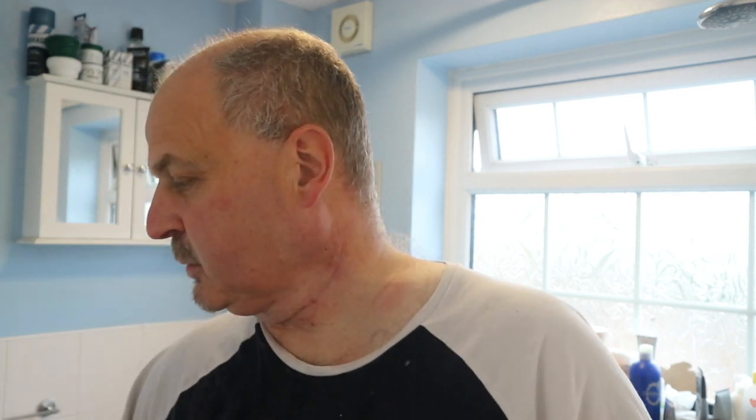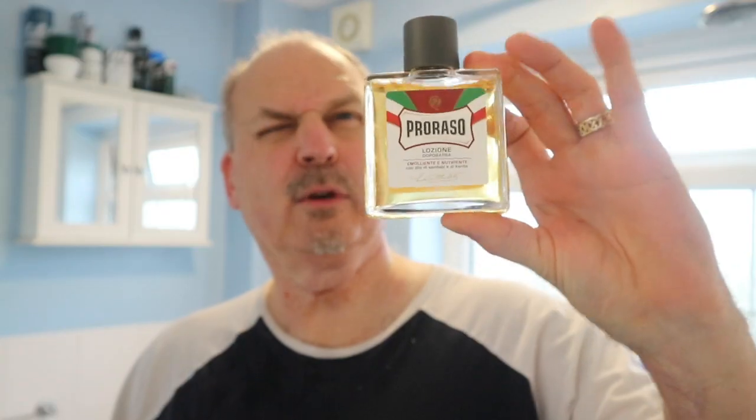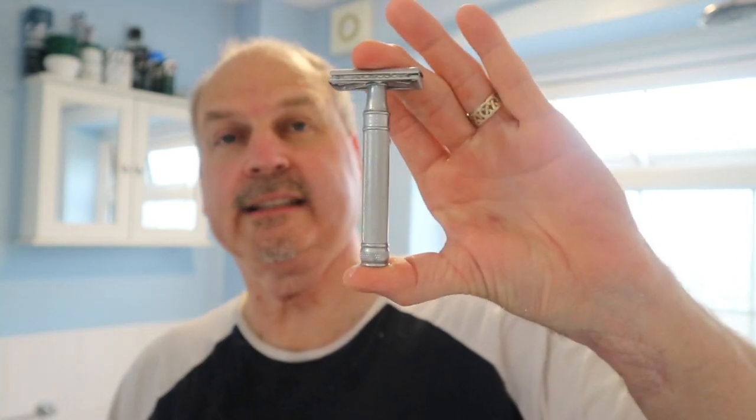We then went into the Proraso shave cream, which is a croap, a cross between a soap and a cream. They actually do three: the sandalwood and shea butter, which is this one, a eucalyptus one, which is a green one, and a sensitive one, which is a white one. We then went on to use the Proraso aftershave. I think it was about £9, so it's not bad. We used the brand new Astra Brazers Gold and the Edwin Jagger